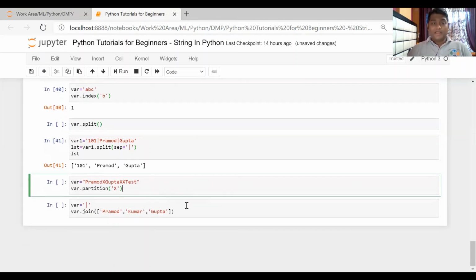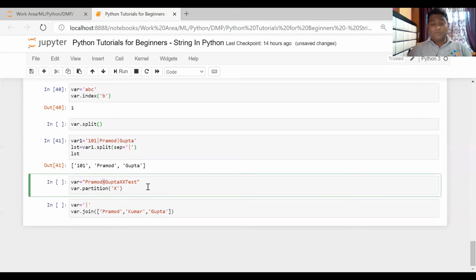Now there is another function called partition. Partition tries to find this particular character, and it will divide the string into three parts. Whatever is before this part will be your first one, this one will be the second one, and at the center it will keep the separator itself.